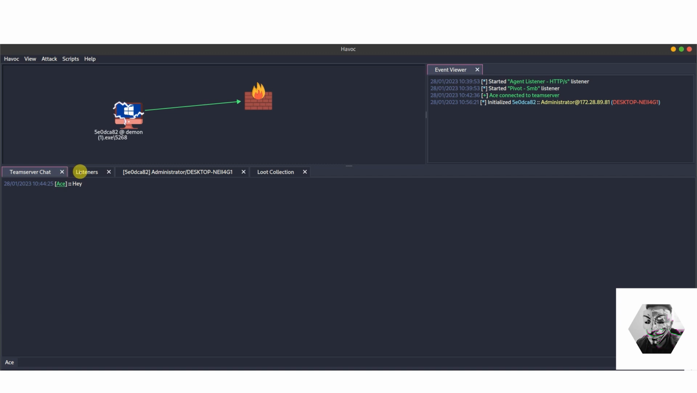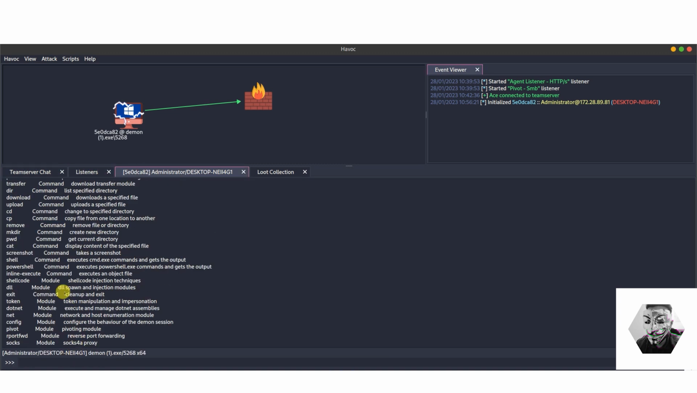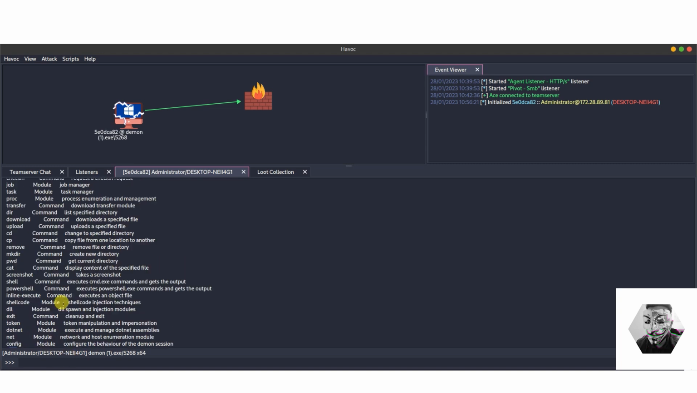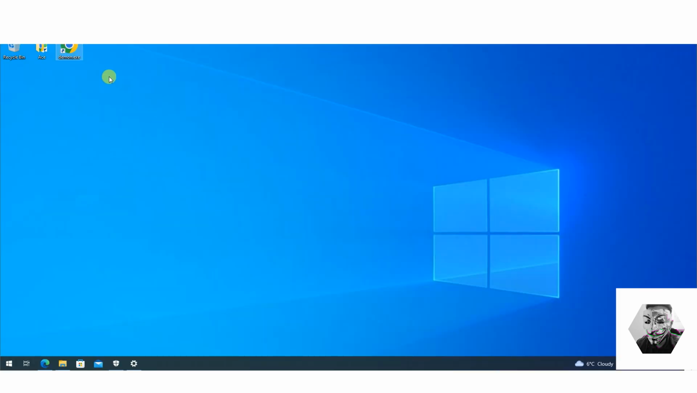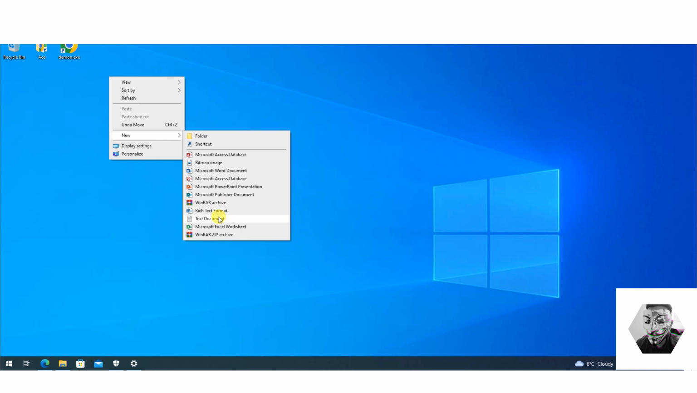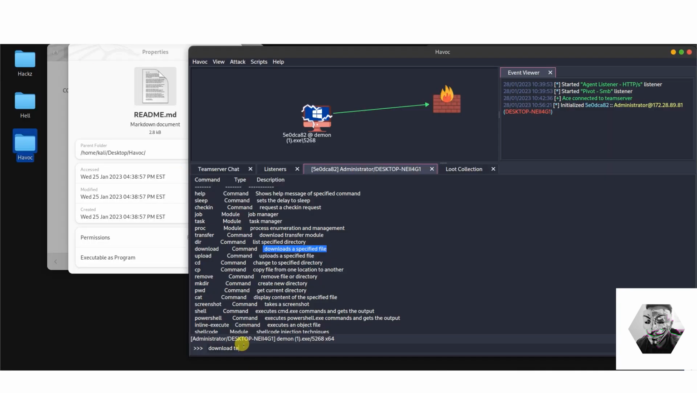Nice. So let's see what else we can do on the agent front. If we help again, net.net, we can pivot around, upload a specific file, download a specific file. So if I say download, and say here, for example, we have a text document called test. Now if I say download test.txt,